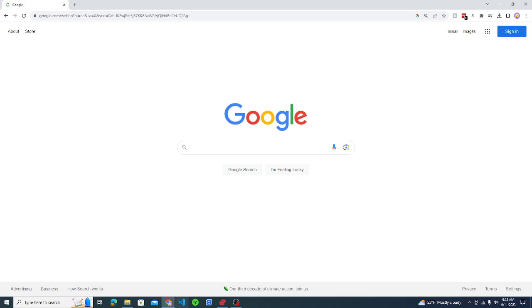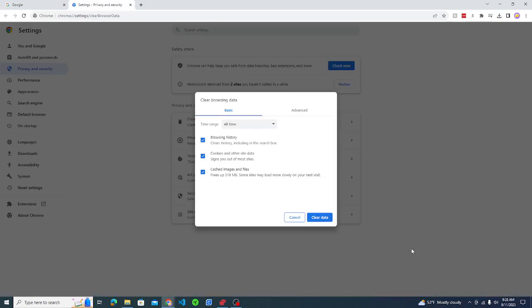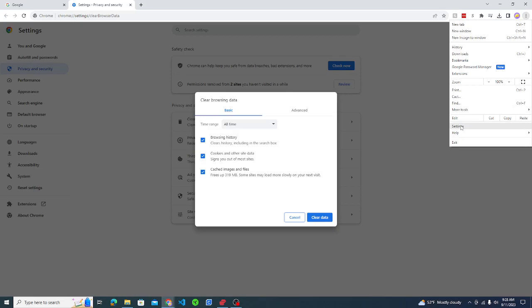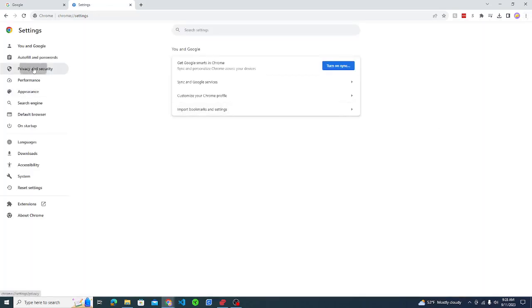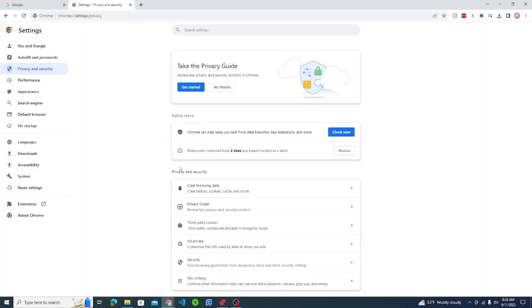So there's two ways you can do it. You can go ahead and click Control Shift Delete, and that'll take you to the page. Another way to do it would be to click on the three dots and then go to Settings, and then Privacy and Security, and then here's